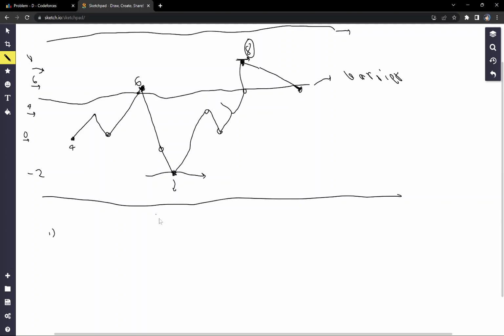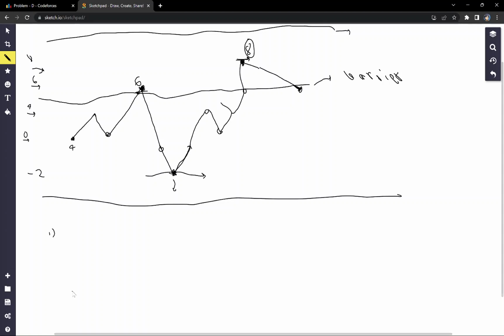What I mean to say is that currently it was having 0, then it increased to 4, then it again decreased to 0, then it increased to 6. Okay, that's clear. Now after this it is going to decrease only, but we know that we have kept a barrier line here, so it will never decrease the value. Only when there is an increase option will it increase its value. I hope you are getting what I am trying to tell. So by this particular point it is going to increase its value, right?